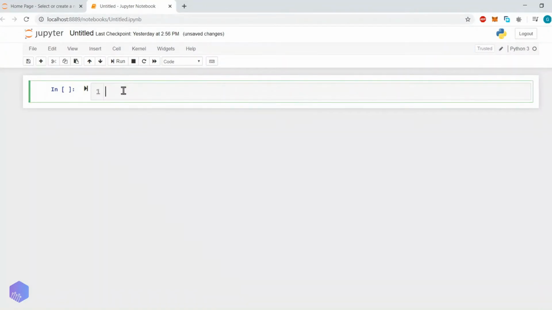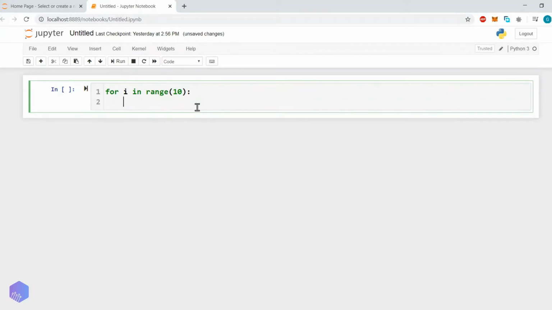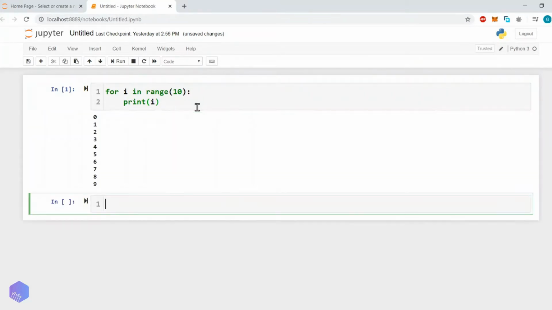Let me give you a simple example of a for loop. For i in range 10, there is no need to specify the starting value, and no need to specify the increment. Simply specify where you want to stop, and then let's print the value of i, so we can have an idea.